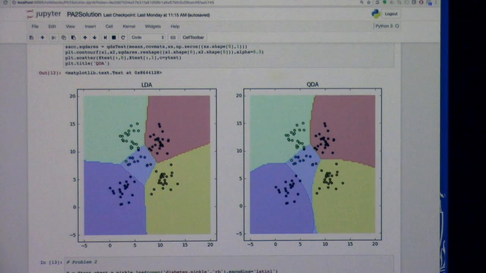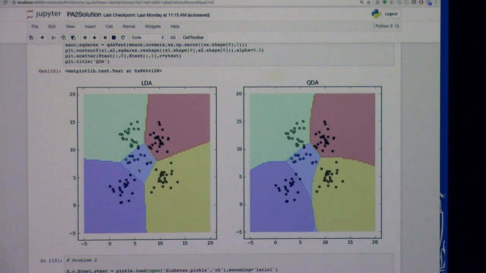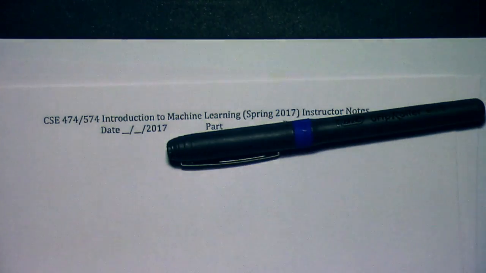And the effect of them is pretty significant, even for this very simple data. This was fairly simple, right? You had 5 classes. They're pretty good in terms of separability. So even LDA, the accuracies that you got were pretty good. And when you plotted these boundaries, the difference that you got was that LDA was giving you linear boundaries and QDA was giving you quadratic boundaries, right? And so the question to be asked here is why? Why was this happening? So let me quickly talk about it,